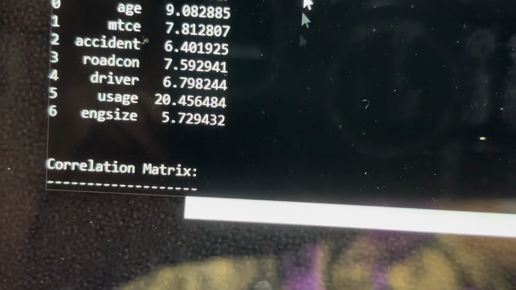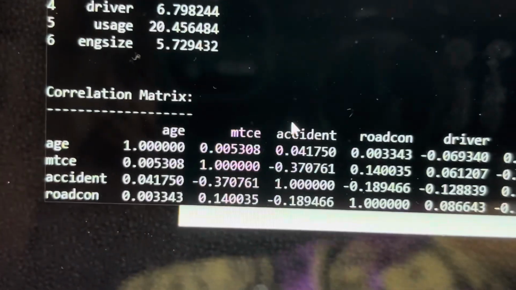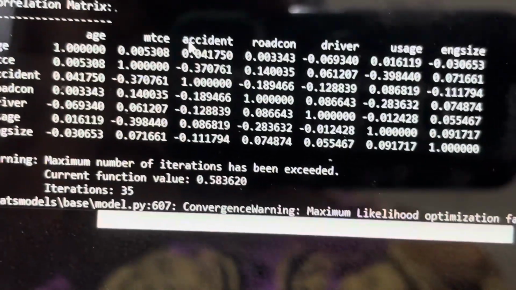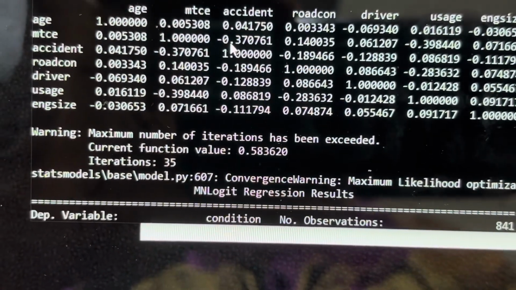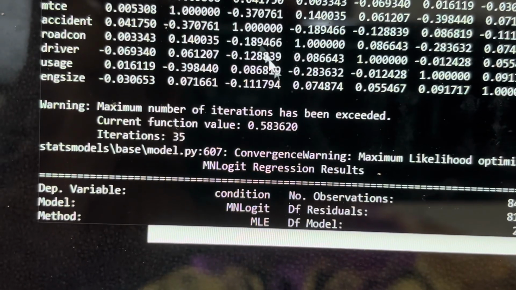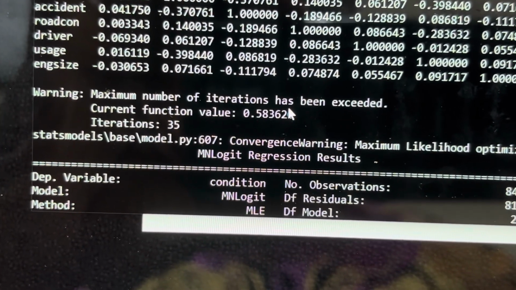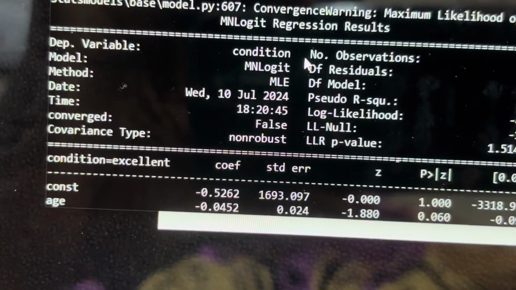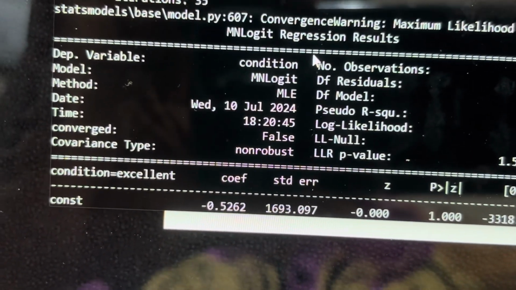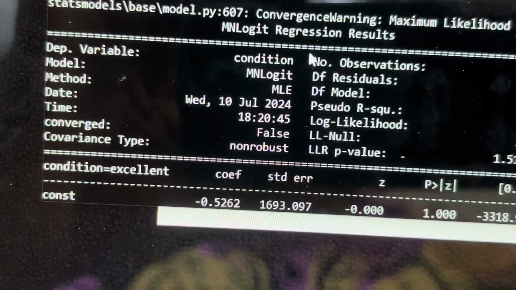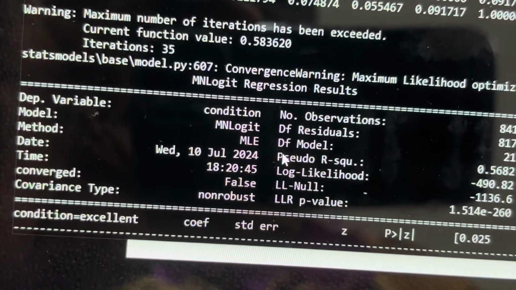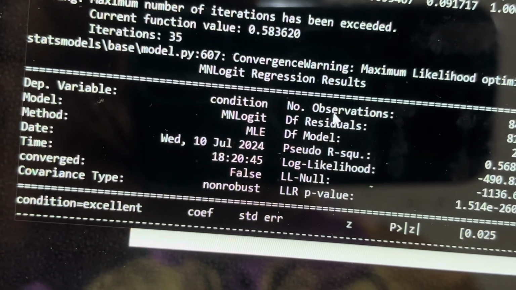But then let's just go ahead, and then we have the correlation matrix, just like we do in others. Then it says maximum operation has been exceeded. Well, those are the jargons of this. So now, this is the MNLogit regression